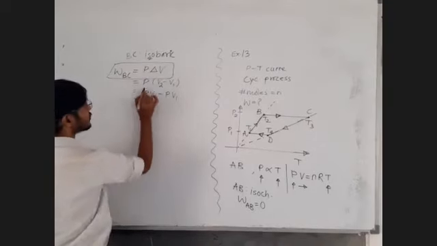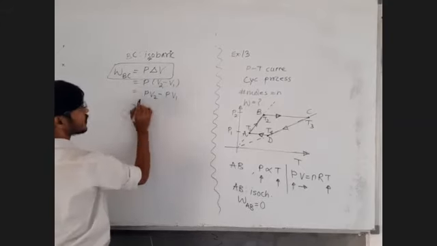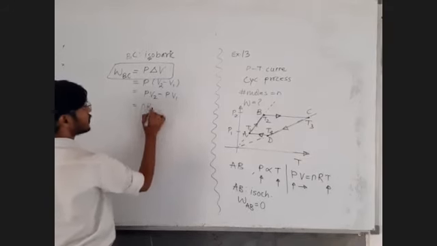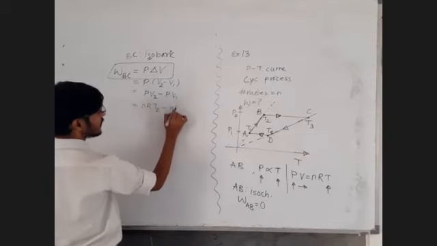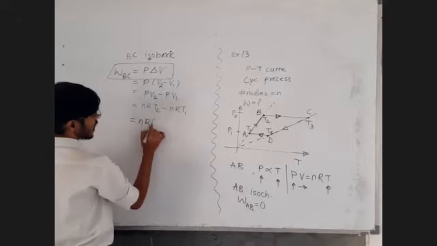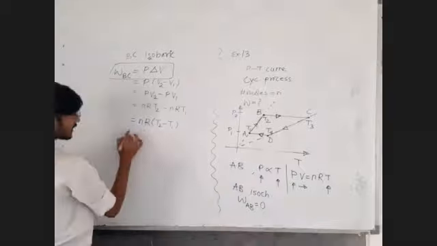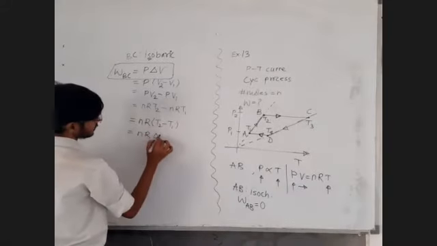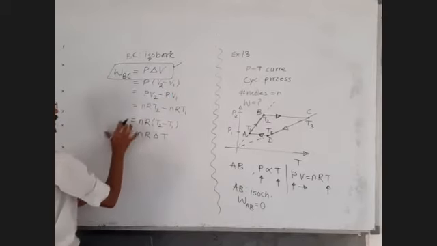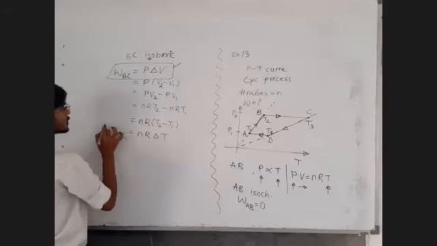Try to understand. Delta V can be written as V2 minus V1, so P delta V is PV2 minus PV1. Okay. So PV is equal to nRT, PV2 is equal to nRT2, PV1 is nRT1. So there is one more formula of work done for the isobaric process, which is nR(T2 minus T1), or nR delta T. You can either use P delta V or nR delta T. Is that clear, everyone?